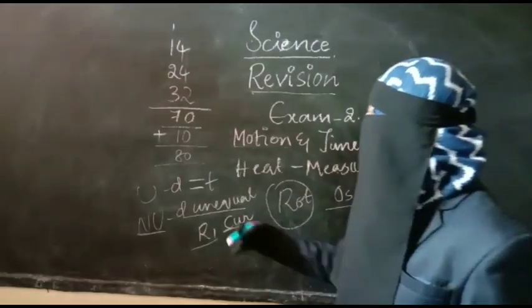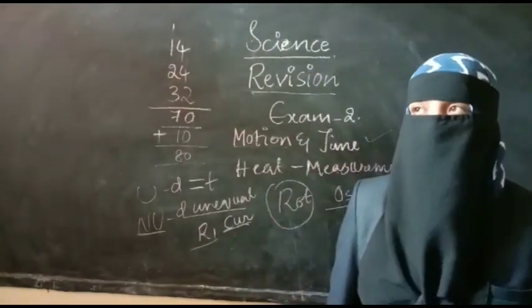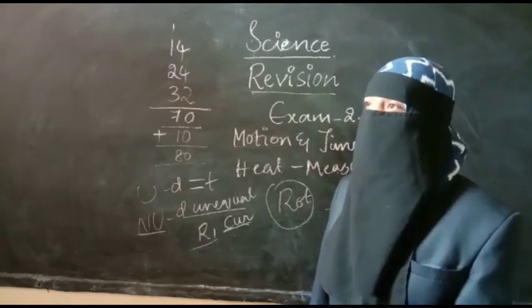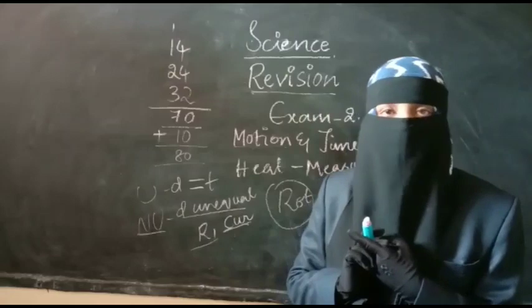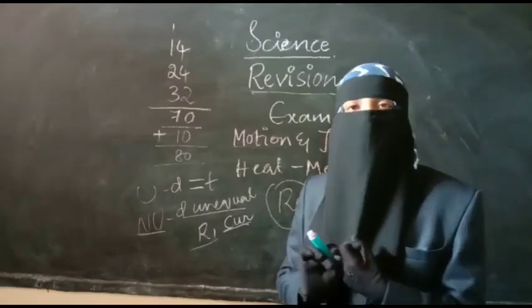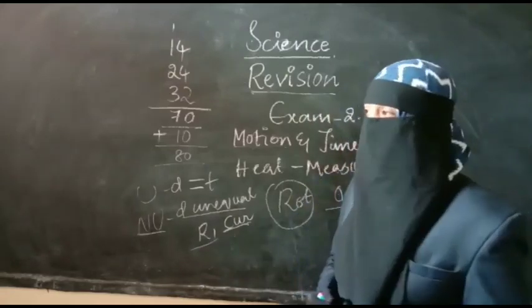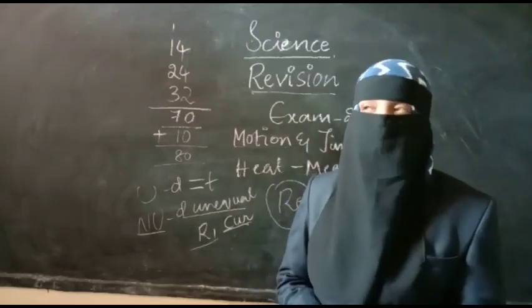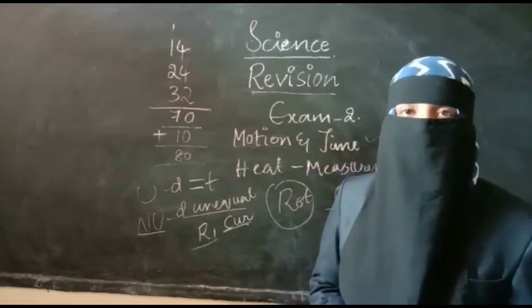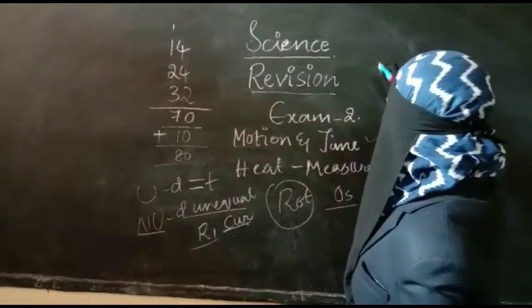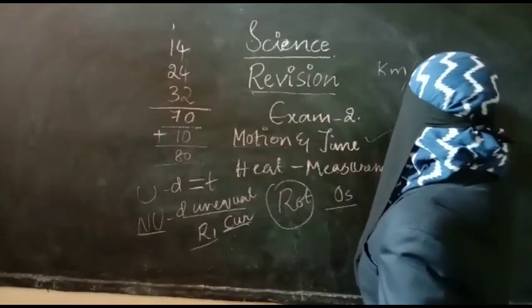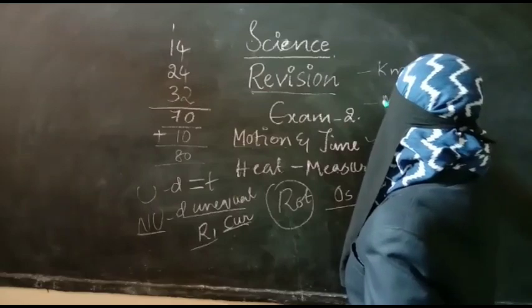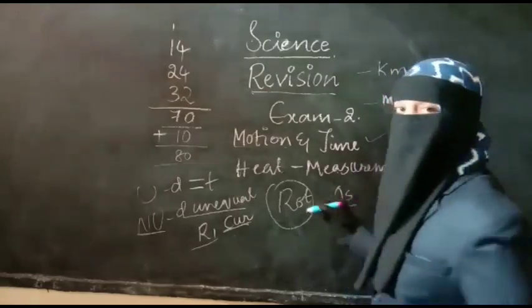Moving on to the next topic, whether the motion is slow or fast, how we can decide based on comparison. For comparing, we need two moving bodies, and we need time also to know whether a body is fast or slow in motion. Then we have learned about time, gadgets of time, the table of time, and finally speed. There are two units of speed: kilometer per hour is the basic unit, whereas the SI unit is meter per second. This you have learned.